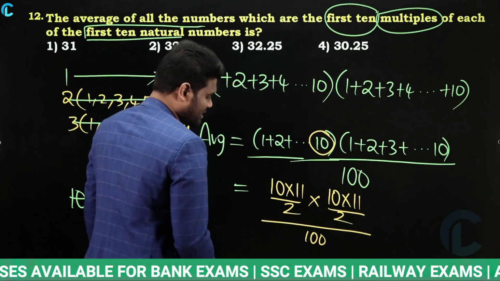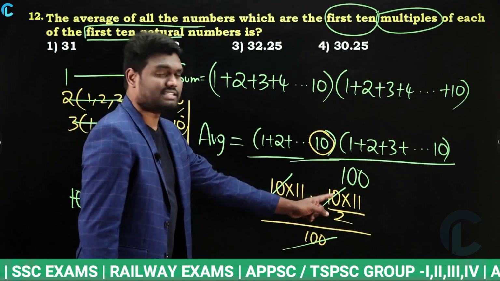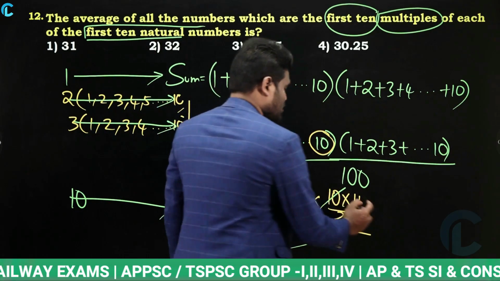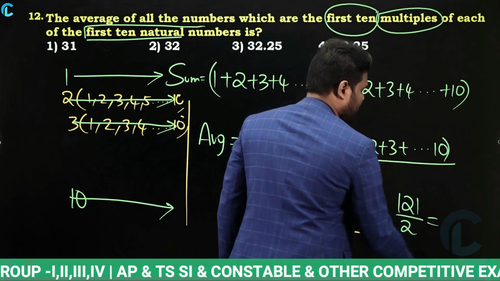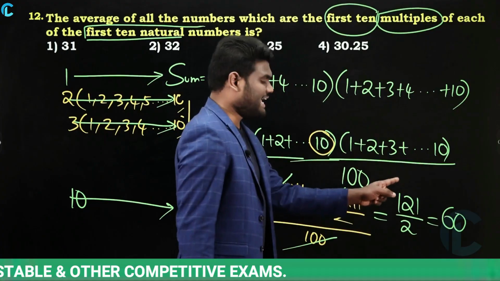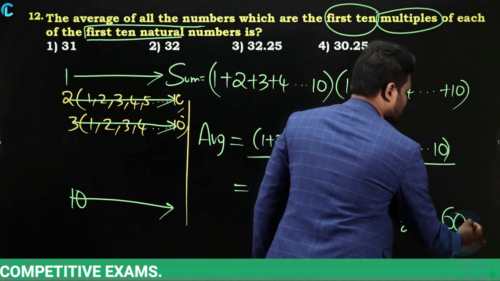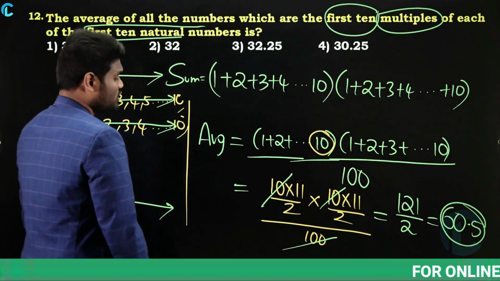When you calculate this, what happened? 10, 10, 100 gets cancelled. 10 into 10 is nothing but 100. 100 gets cancelled. So 11 into 11 is 121. 121 divided by 2. So 120 by 2 means this is going to be 60, and again you are left with one remainder. 1 by 2 is nothing but 0.5. So I can say that the answer for this question is, sorry, this is like